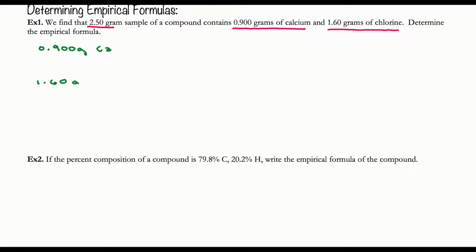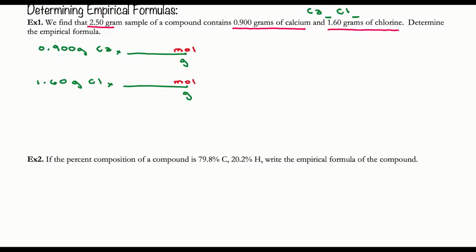And what I'm going to do with this information, when you write a formula, so I know that my formula is going to be Ca something, Cl something. And my goal in this is to determine what those subscripts are. Well, those subscripts are simply the ratio of number of moles of calcium and the number of moles of chlorine. And so what I need to do in both of these problems is simply convert my mass into moles. So I've got grams on bottom, I've got moles up top. Same thing for chlorine. For chlorine, grams on bottom, moles up top,